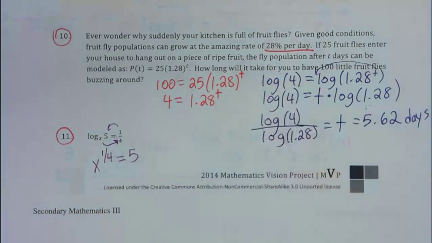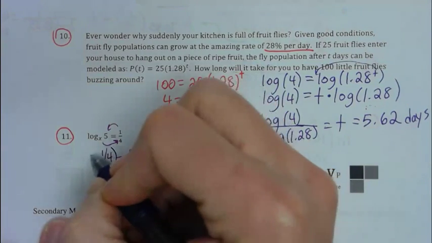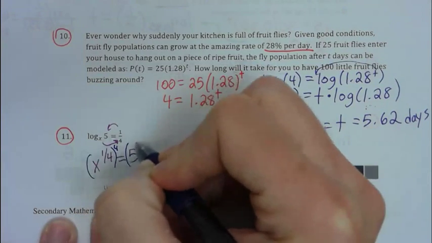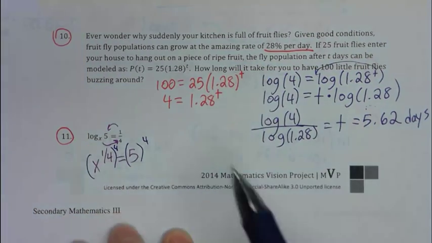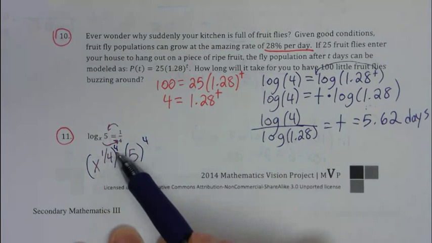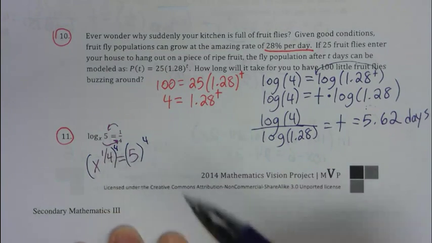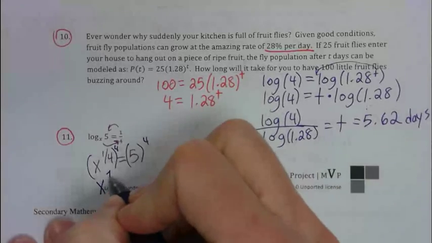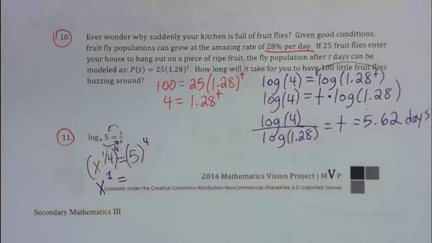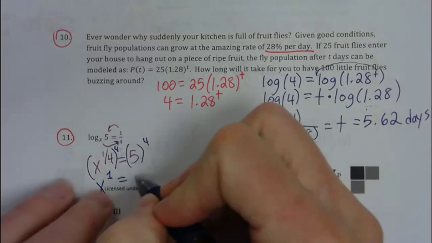So in order to solve this the easiest way possible, we're going to use exponent rules. I'm going to raise both sides to the power of 4. So when you raise a power to a power, like on the left side here, you just multiply the exponents. 1/4 times 4 equals 1. And then we just need to do 5 to the 4th power in our calculator to get the answer of